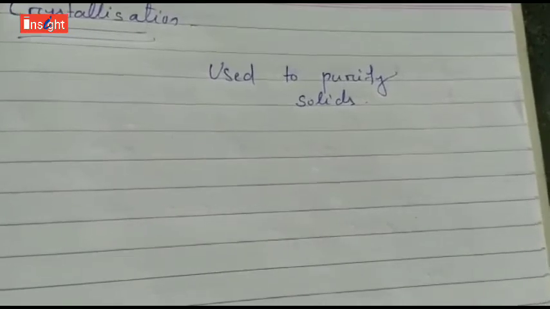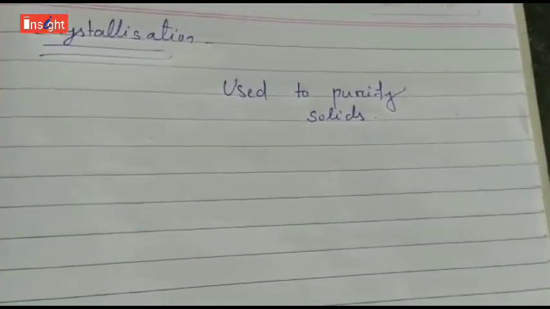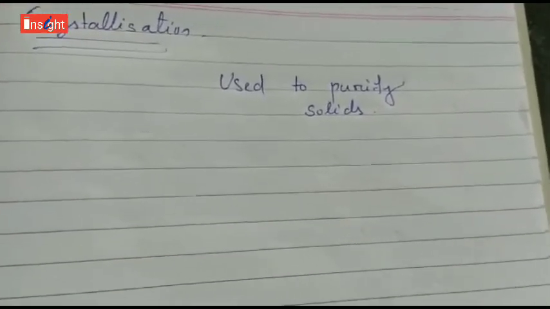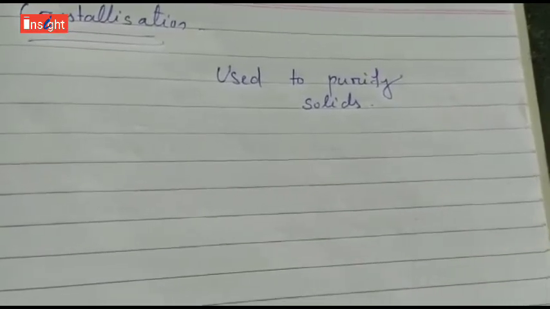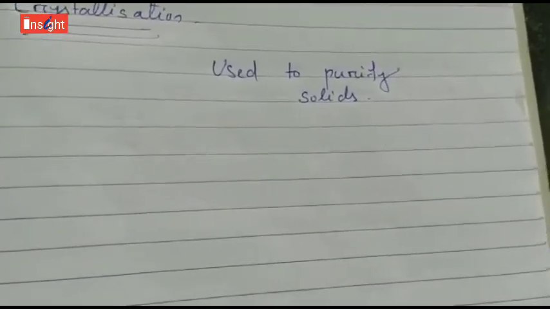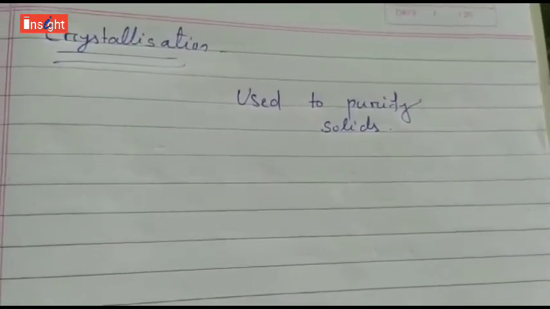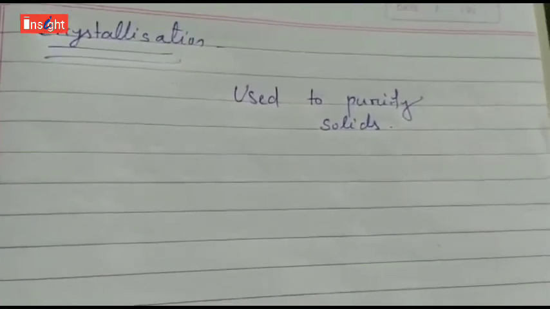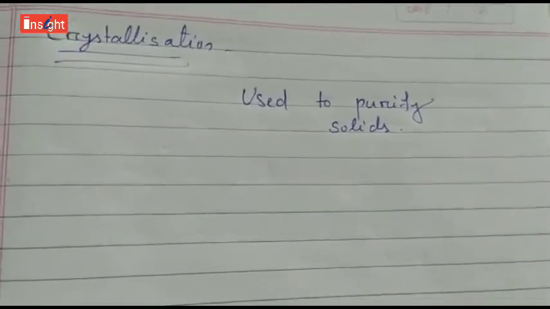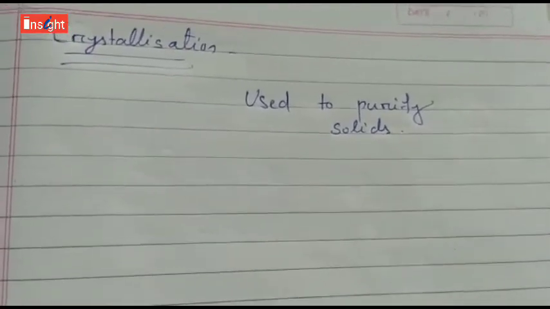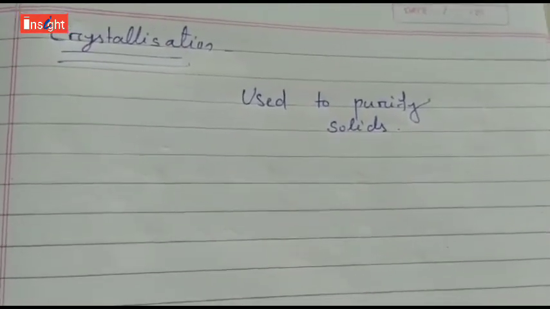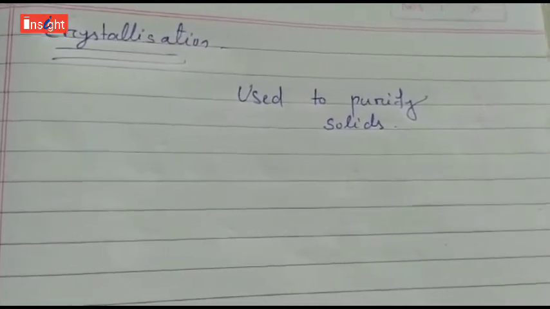After evaporation, the water is removed, and we get a saturated solution. If we cover the solution with filter paper and leave it undisturbed at room temperature for some time or some days to cool, then we can find fine crystals of copper sulfate in the china dish. This process is called crystallization. By using this technique, crystals of pure solids are obtained from a solution.